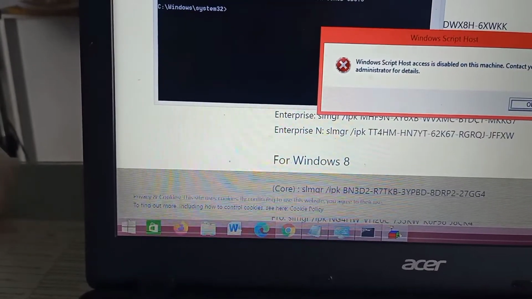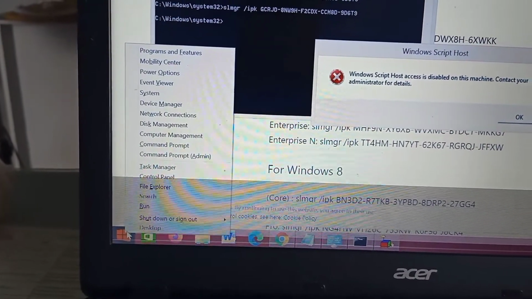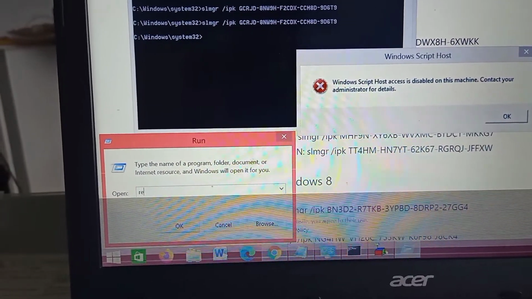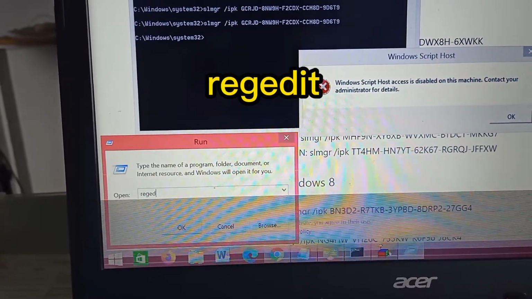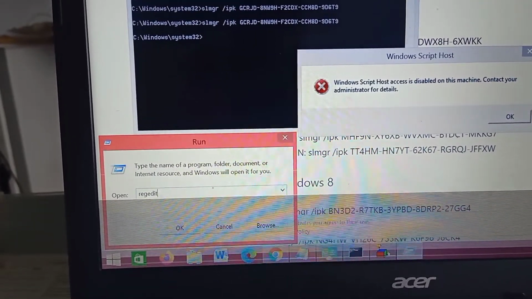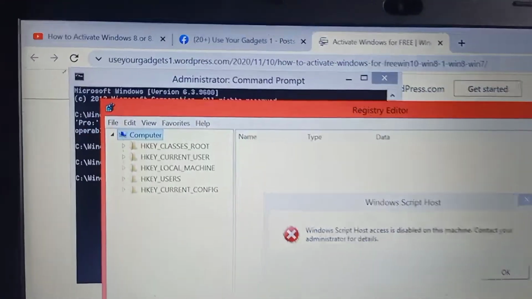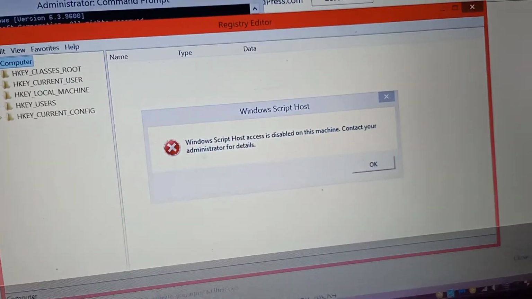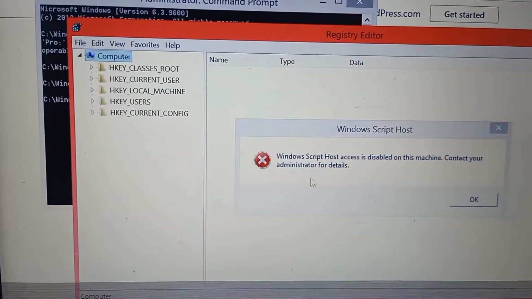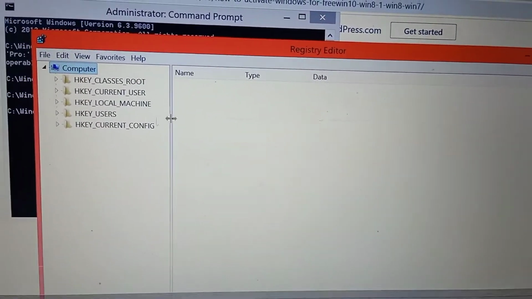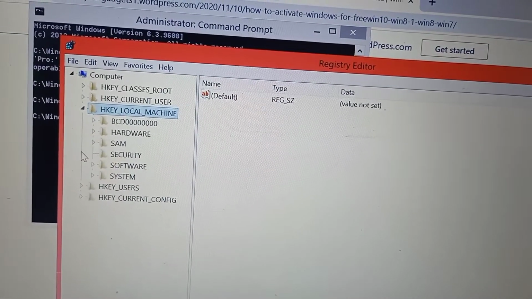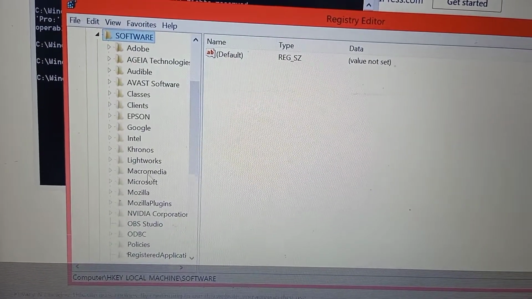First you will go to the Run button, click Run, then type regedit, and then choose. I should just close this first. Close this. Okay, and go to Local Machine. Go to Software, Software, Microsoft,